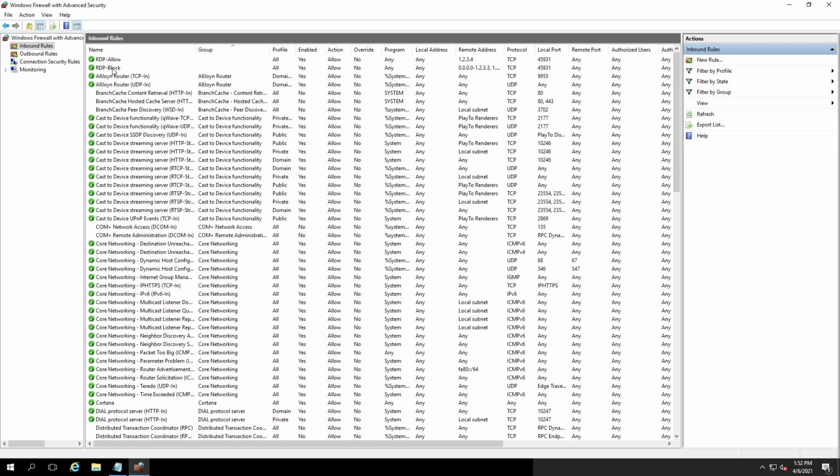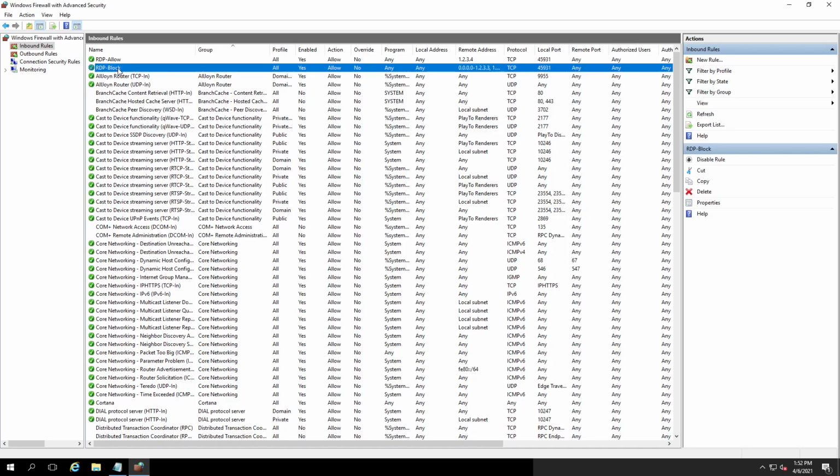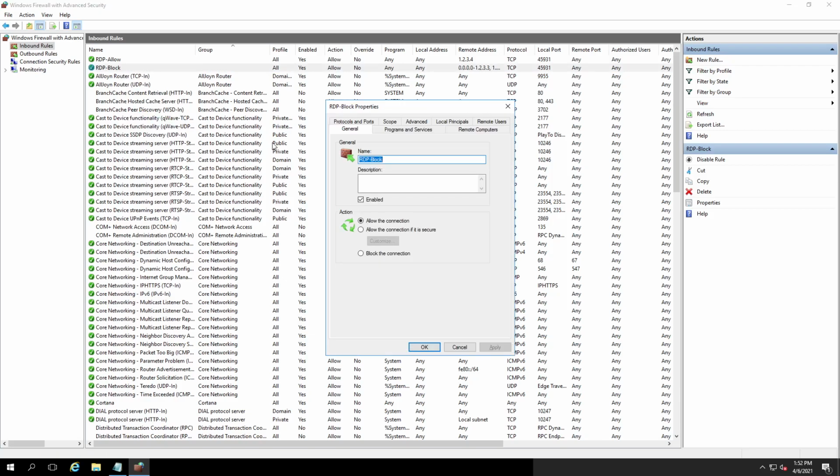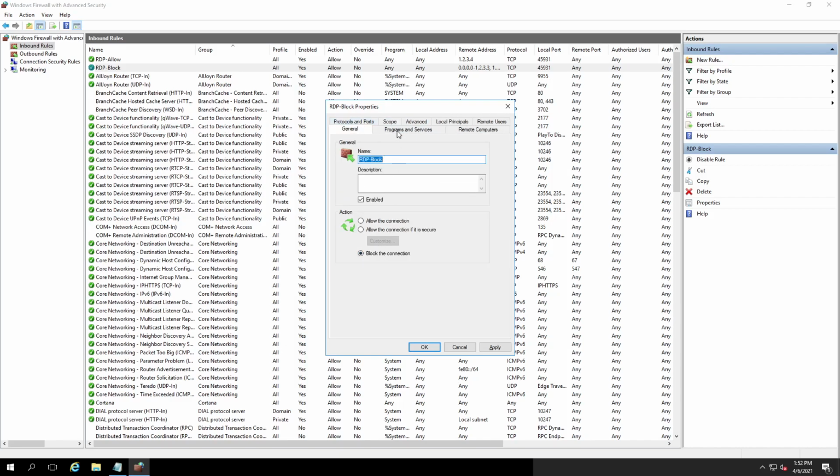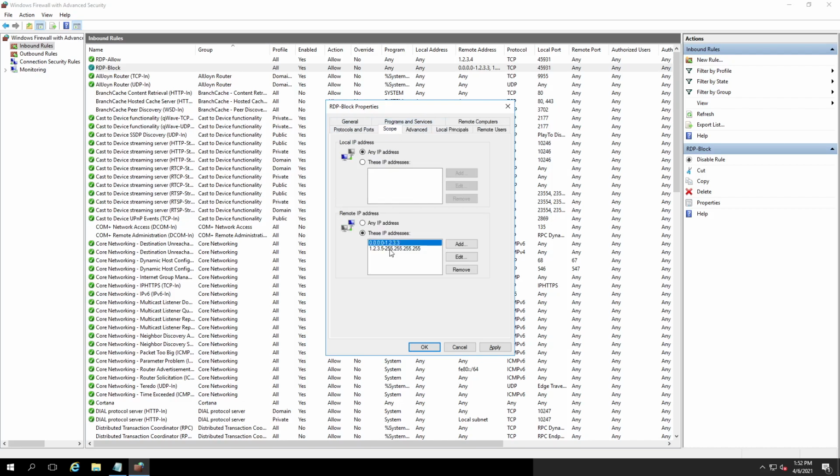Okay, so the last thing you want to do, we need to change this RDP block rule into effectively start blocking. So you would go here and go into properties for that rule, and then you would just choose block the connection and then hit OK. I'm not going to do that because it's going to boot me from the server, but this is what you would be doing essentially. What this means is that if you go to scope, once you change this rule to a block and OK that,